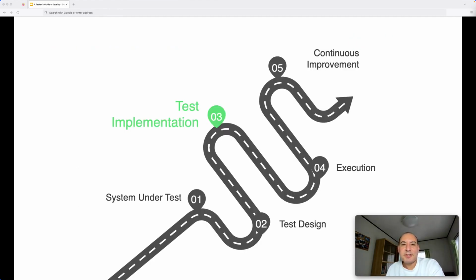The next stage is test implementation. Nowadays, we are mostly doing test automation, and we are trying to automate our test cases to be able to execute them automatically in our pipelines. Because we are doing continuous testing and continuous integration, every day we have lots of different deployments and integrations. So in order to ensure that these changes, commits, pushes and merges do not break anything, of course, we have to execute our test cases after, or even before, each merge. To be able to do this, of course, manual testing is not enough.